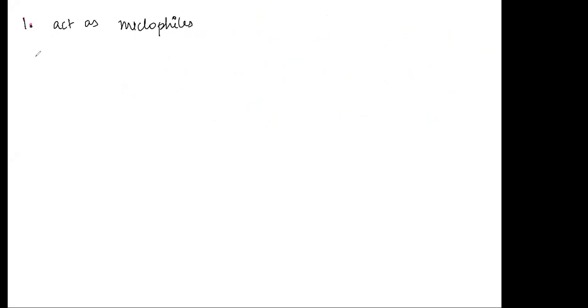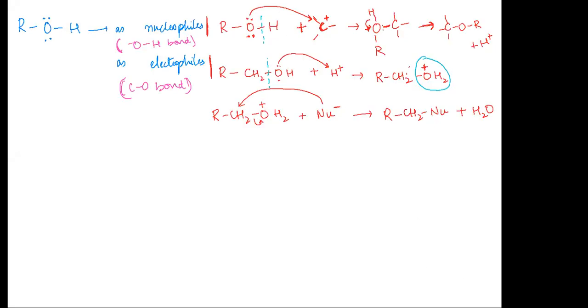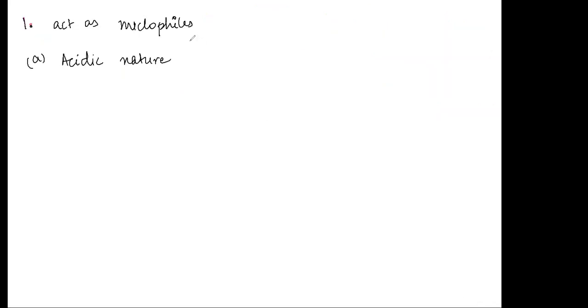Okay. So इसमें first part is their acidic nature. Now alcohols are not acids, but because you observe that, like if you look at the previous slide, because this H plus is leaving, like basically hydrogen is leaving as H plus, you can interpret it as alcohols basically giving out a proton, and proton donators are basically acids, which is why we are talking about the acidic nature of alcohols.